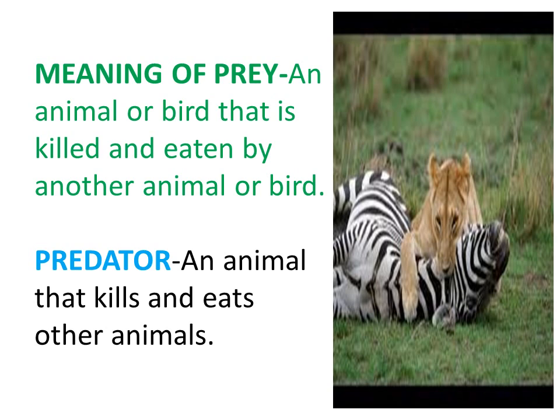Now, if I'm using this term predator, what do you understand by this? Let me explain the meaning of predator and prey. Here in this picture, you can see a lion has killed a zebra for eating it. Here, the lion who kills the zebra is the predator. The zebra is killed and eaten by the lion, and hence the zebra is the prey here. So, prey is an animal that is killed and eaten by another animal.